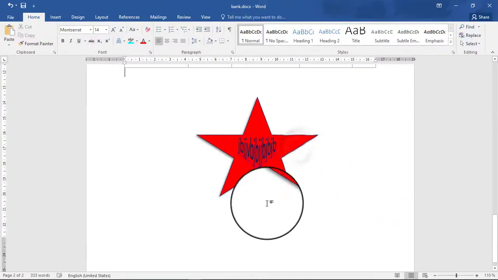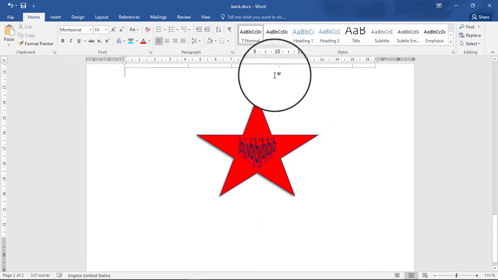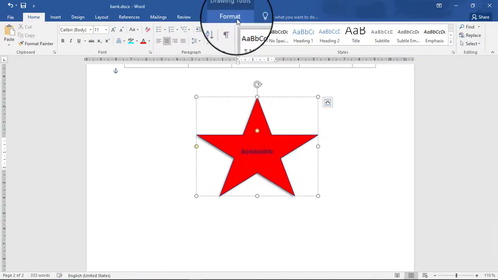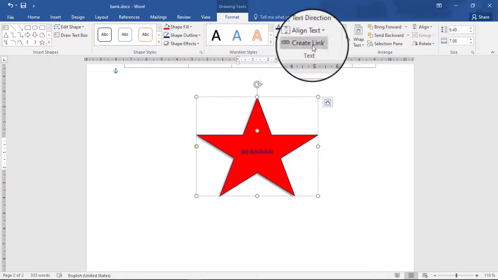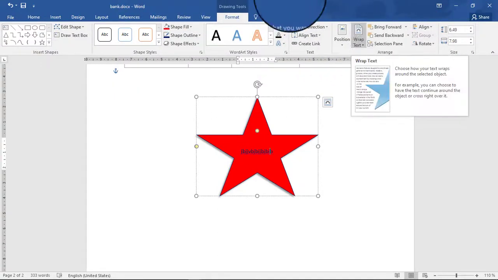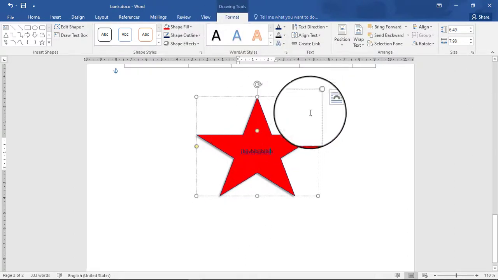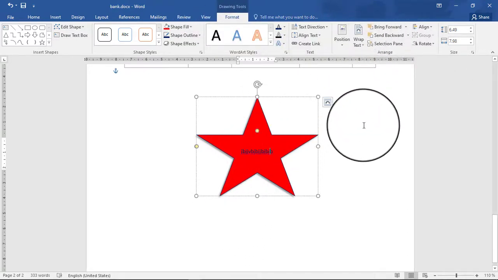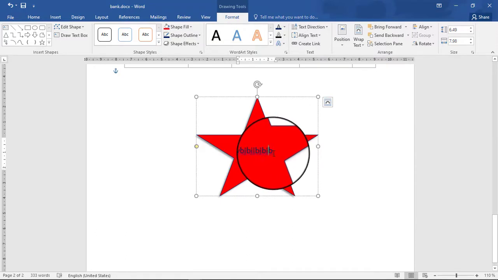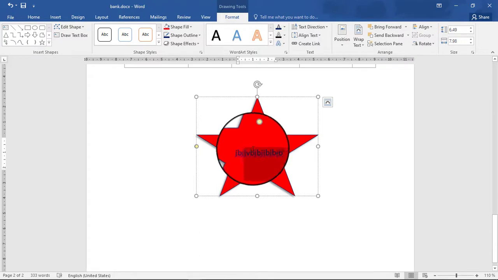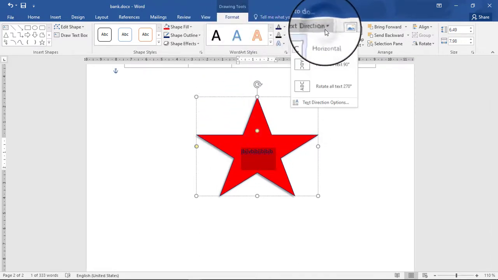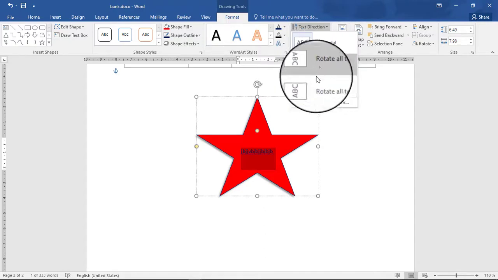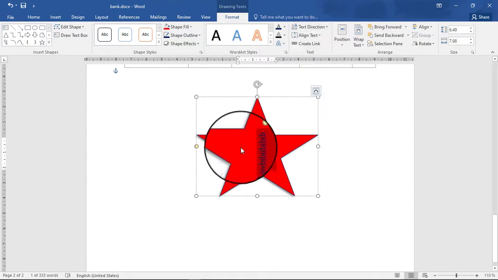So that's it with shapes. You just have to press it, you go to format, then you change anything you want here. Anything, even you can wrap. You can even wrap it, maybe behind text, maybe in front of the text. About the text here, you can even change their direction. You just have to select under format, then you change the direction here. You select which direction you want. Are you seeing the direction changing?